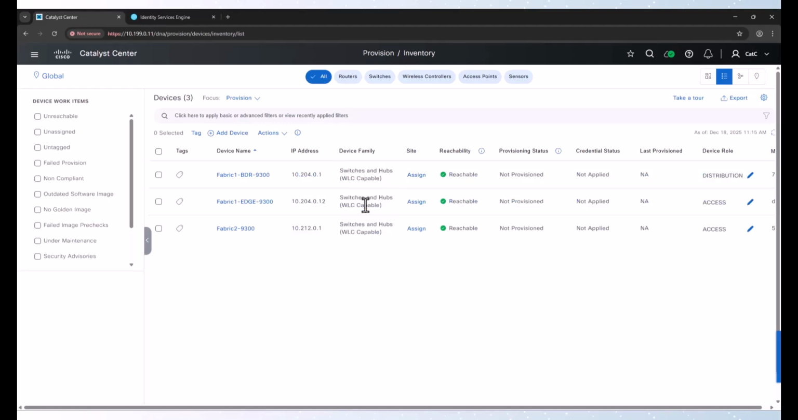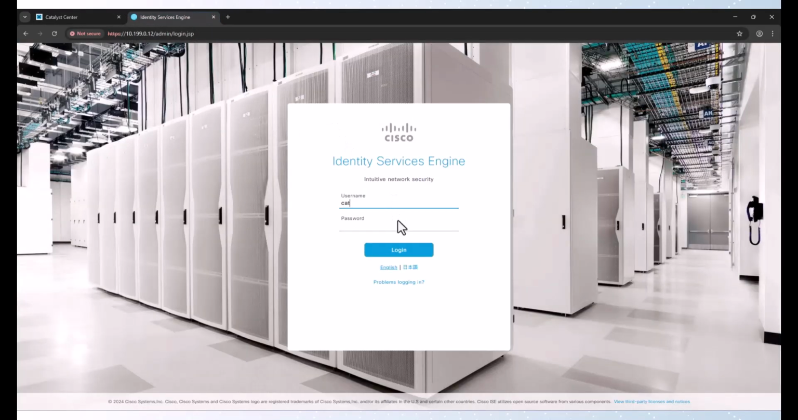So what I need to do as well, of course, is make sure that once that provision gets done, it's going to push the TACACS config, and from there forward, Catalyst Center is going to need to use TACACS to authenticate to the wireless controller. If I don't configure that, as soon as it starts to go through the provision, it's going to get kicked out and parts of it are going to fail. So over in ISE,